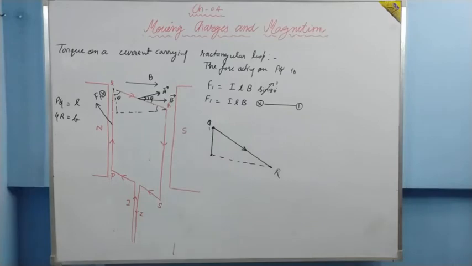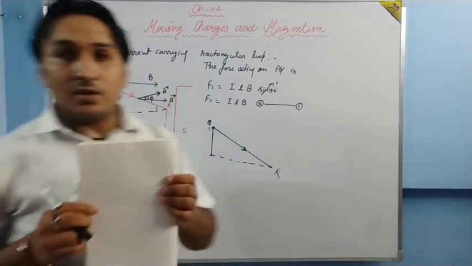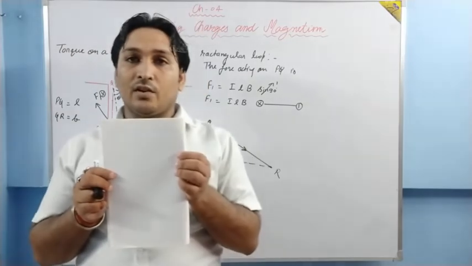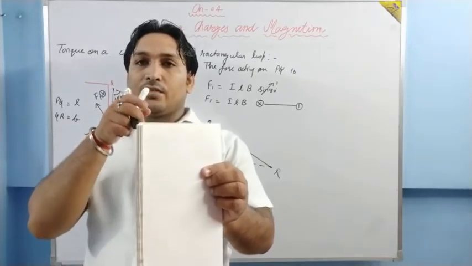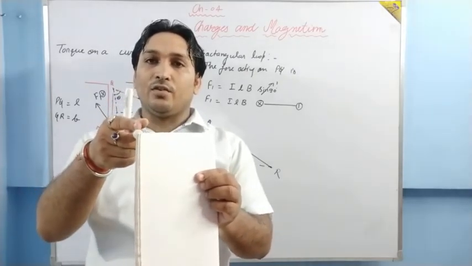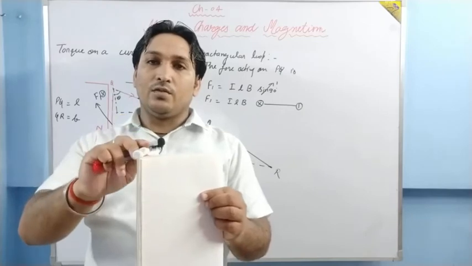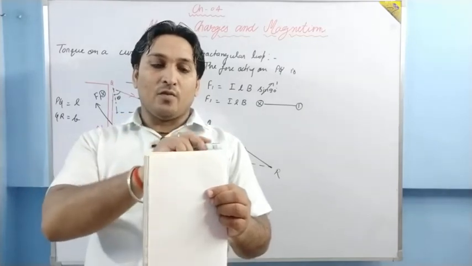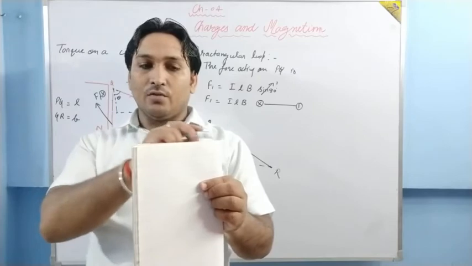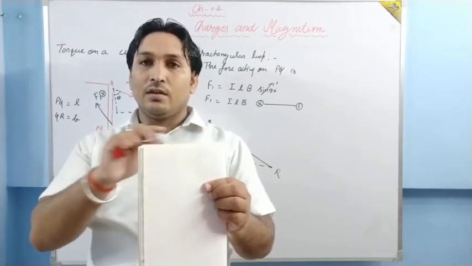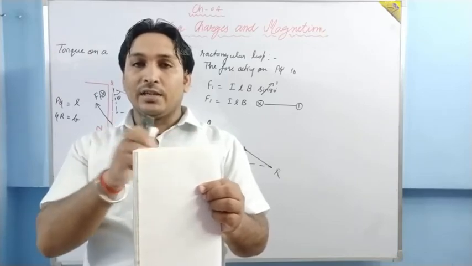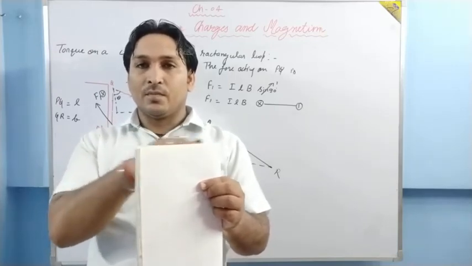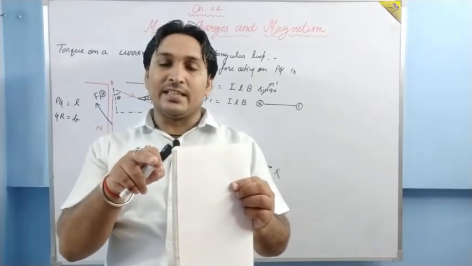Okay, let me clarify this. Suppose this is the copy, this is the plane, this is the rectangular coil, it is straight like this. The direction of force on this side is in this direction, towards me, right? You are not able to see this marker towards me. So what I am doing, I am making a straight line over here, so I am getting a right angle triangle over here. In this right angle triangle, I am taking this perpendicular distance.